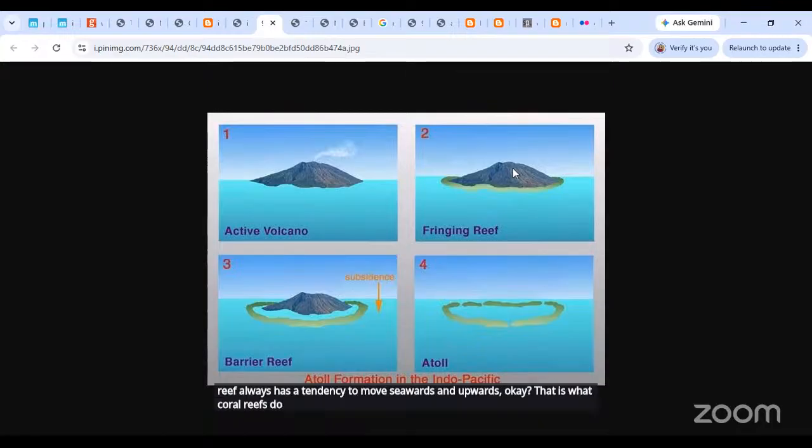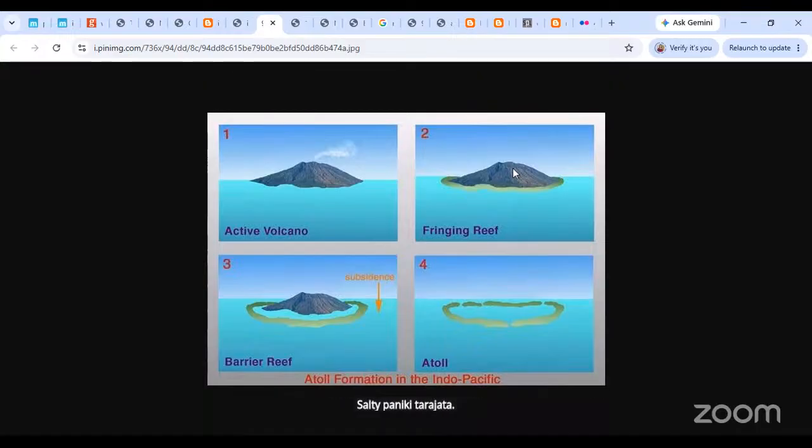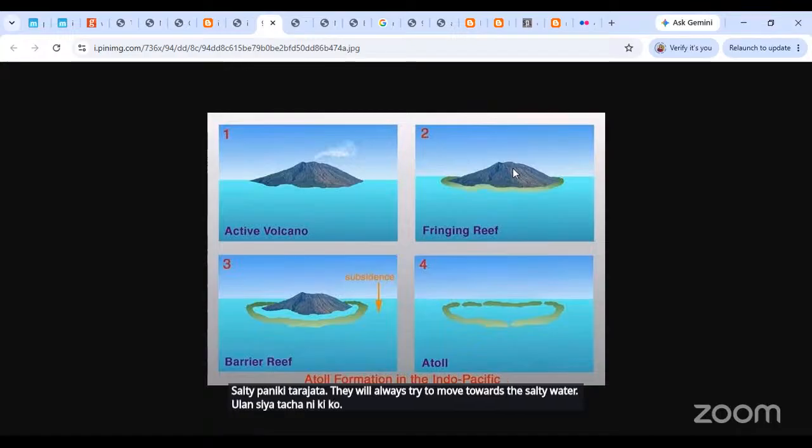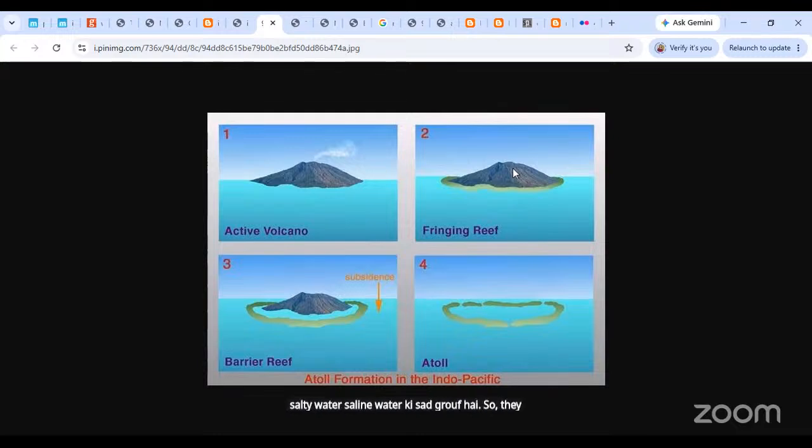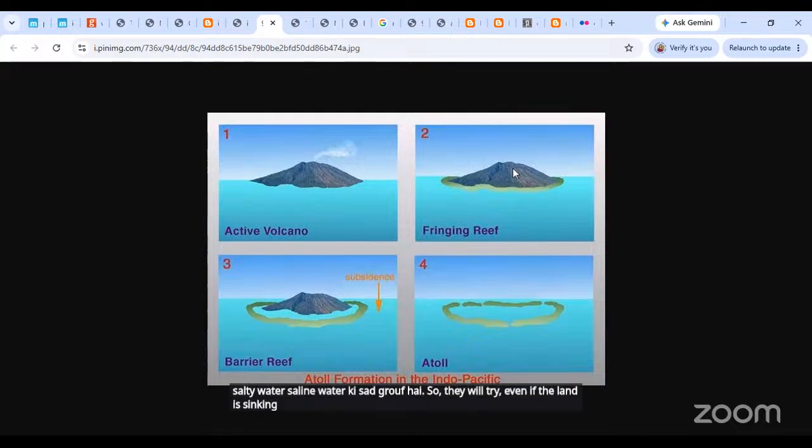वो हमेशा सॉल्टी पानी की तरफ जाते हैं, ये उनकी खासियत होती है। They will always try to move towards the salty water. वो लैंड से अटैच करने की कोशिश नहीं कर रहे खुद को, वो पानी के साथ ग्रो करते हैं, ब्रैकिश या सॉल्टी वाटर, सेलाइन वाटर के साथ ग्रो करते हैं। तो दे विल ट्राई, इवन इफ द लैंड इज सिंकिंग, इवन इफ द वोल्केनिक आइलैंड इज सिंकिंग, द रीफ्स विल ट्राई टू एक्सटेंड देमसेल्व्स वे फॉरवर्ड इनटू द सी, ओके।